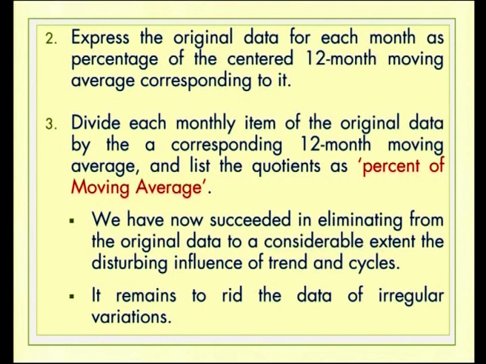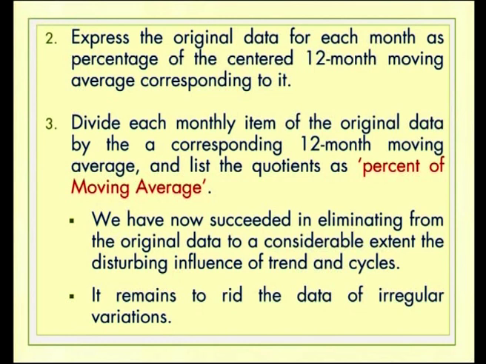That is, writing the values corresponding to the year, that is very important. Divide each monthly item of the original data by the corresponding 12-month moving average and list the quotients as percent